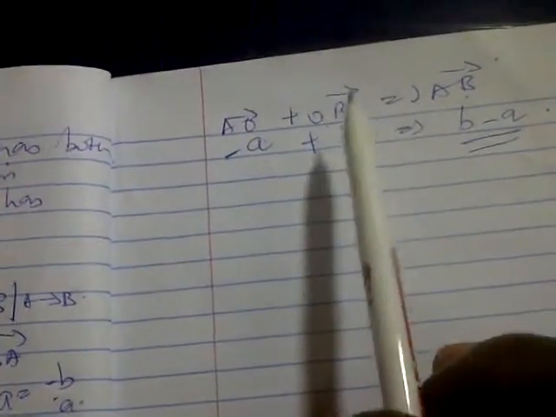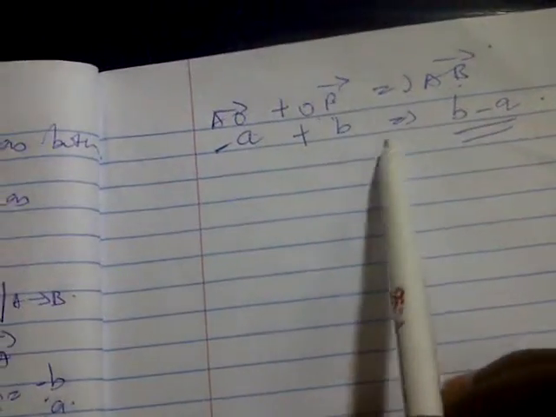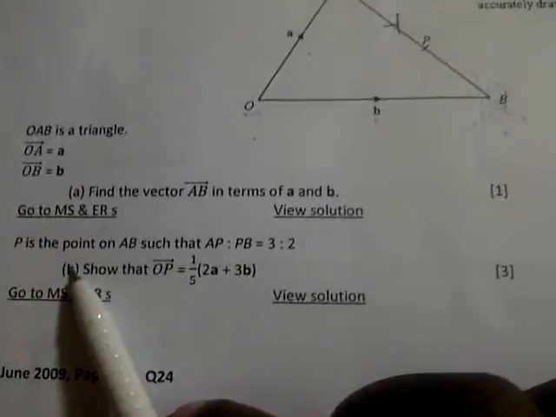That means this value is going to be negative now. Okay, now that's how we got negative A for AO, but OB is the same. Okay, that's how we have B for it, and then the answer for AB is going to be B minus A. So we're now told on this question again that P is a point on AB such that AP